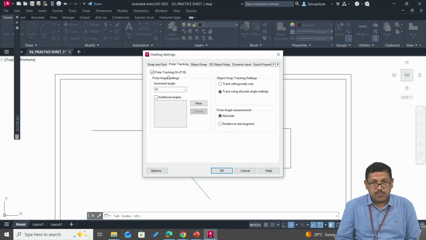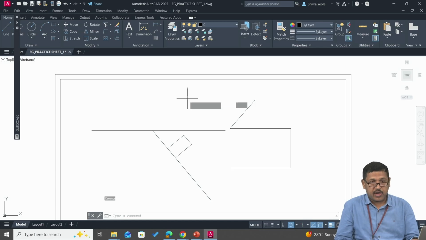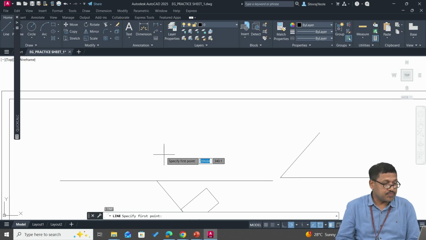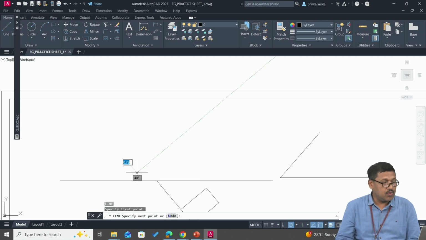and you can see over here the polar tracking option is on because we have pressed the F10 function key, and the increment angle is shown as 10. You can type any angle over here. I'm retaining it as 10, and now I'm going with the line command. With the polar tracking option on, whenever we reach that angle value of 10, the software will automatically show a projector at that particular angle. You just see this is 0 degrees,